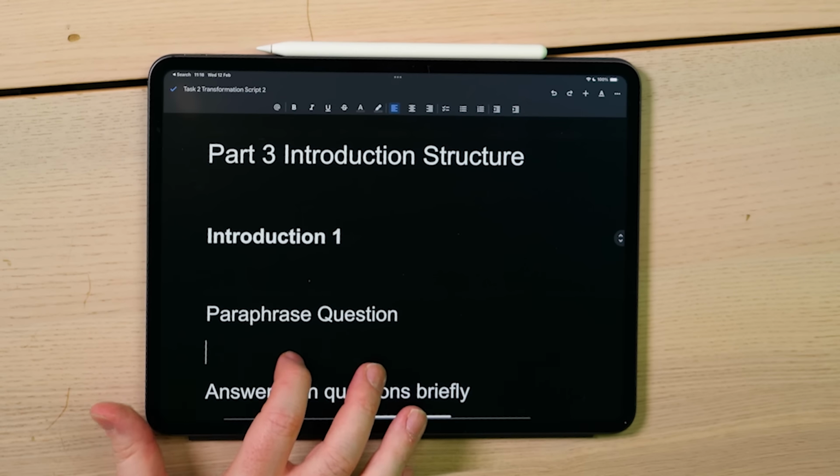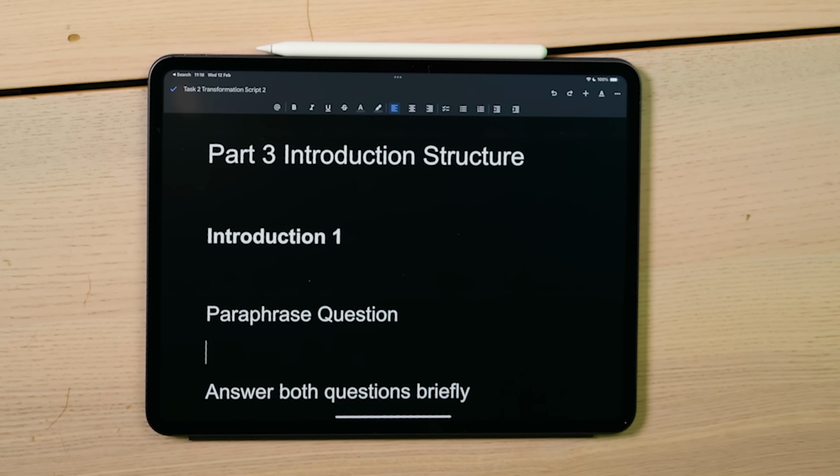So what we're going to do now is go sentence by sentence. What should we include in the introduction? Don't worry, we'll start writing very soon. So I'm going to give you 3 introductions. 2 of them are wrong, 1 of them is right. And I want you to think about what sentences I've put in these introductions. Would this help you clearly answer the question or not?